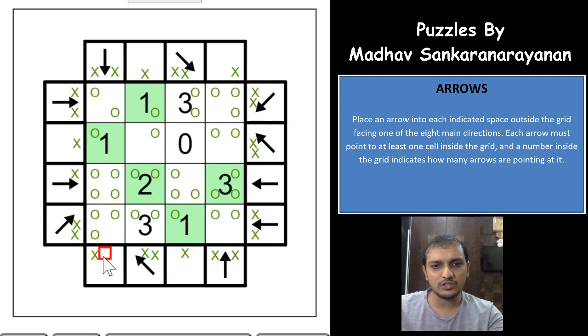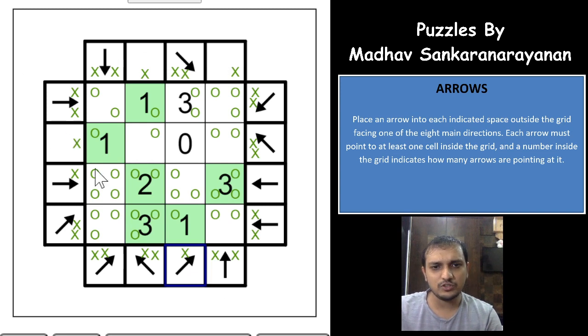This cannot go towards the top because you already have one fulfilled, which means this would have an arrow this way, right? And which means this 3 is also fulfilled now, which means you can again mark this as fulfilled now, and which means this cannot point towards the left, and this would have to point towards the right, and which means this would have to be this way. And we have now these 2 and this one remaining.